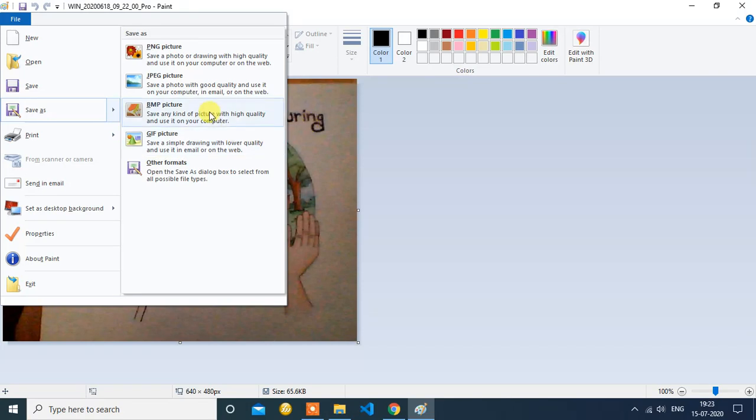So BMP picture is not suitable for web pages, so they have PNG and JPEG file.